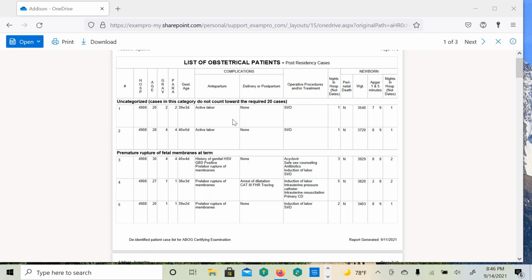I would go in, quickly review the patient's chart, and make sure I'm familiar with her history and past medical history. I go in and examine, and I feel a face presentation. I try to see if I can palpate a suture line. If I'm truly convinced it's a face presentation, I would counsel the patient that we might have to proceed with a C-section. Okay. Do we have to proceed with a C-section in this case?